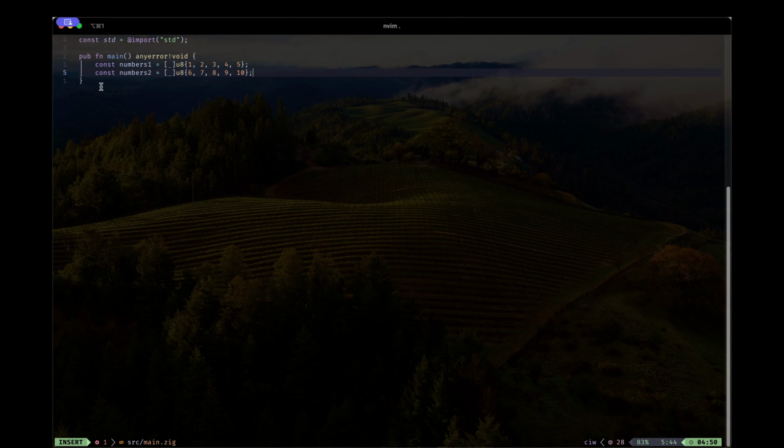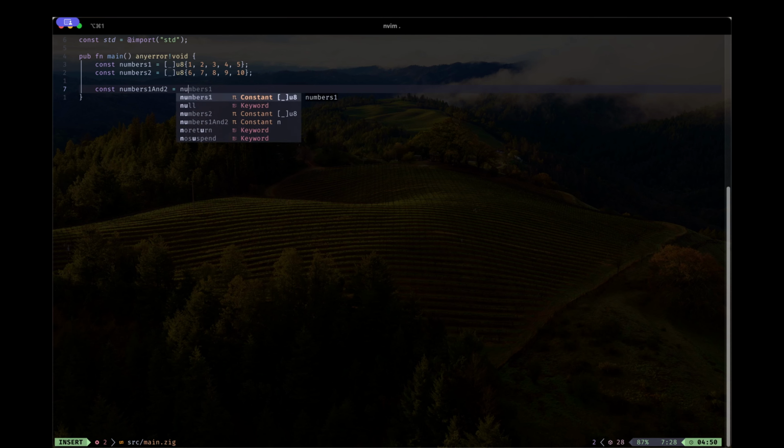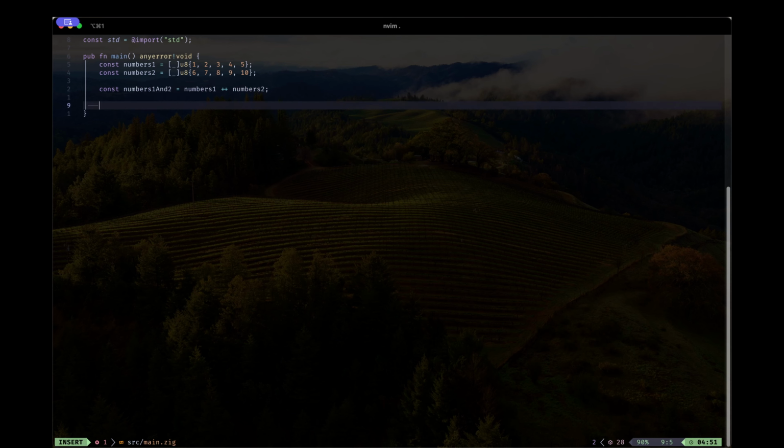So say we wanted to add these numbers together, right? We want to create an array that contains these two values. Now, one thing we could do to make things really simple is numbers1and2 is going to be numbers1 ++ numbers2. Very simple, right? So we just concatenate this and this, and we have an array that is the length of this. So if we try to print out the length